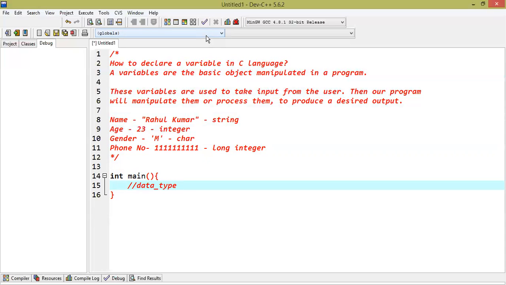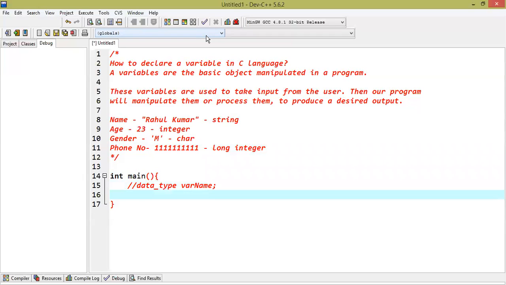Then a variable name should be there. And we need to put a semicolon here, which means declaring a variable is a statement and semicolon means end of variable declaration, or we can say end of statement. So now let's create a variable which can hold the value 23.